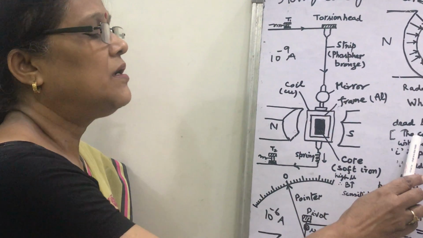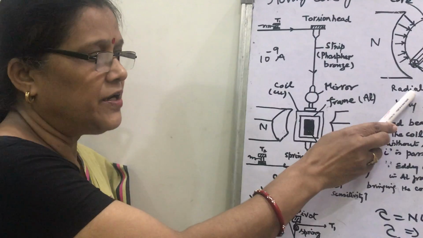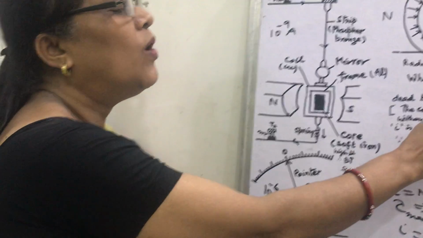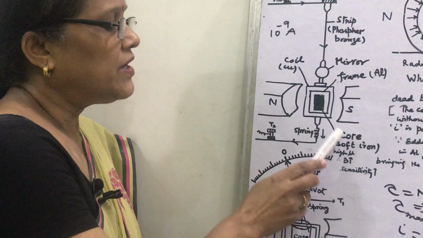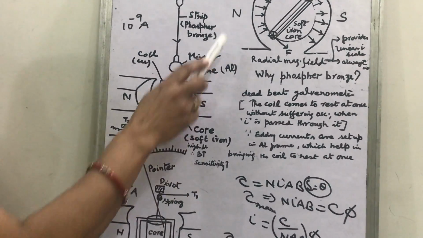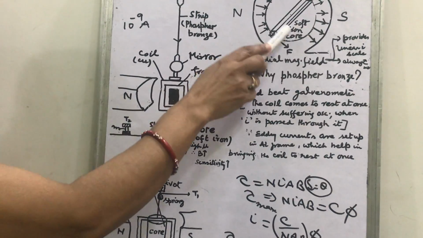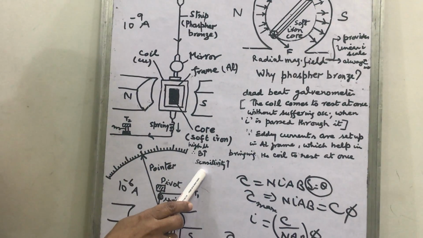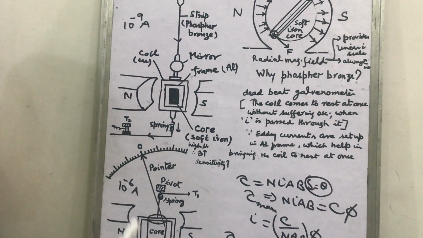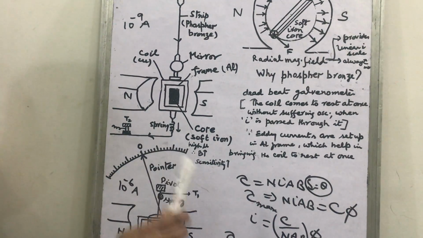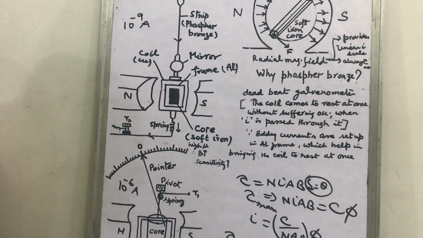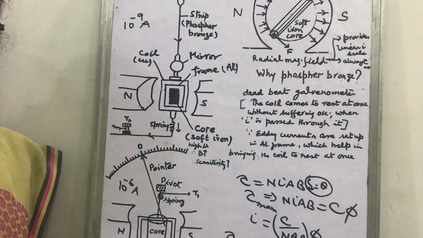So for the galvanometer, I have written all the things: why the radial magnetic field, it provides a linear current scale and always maximum torque. Why the soft iron core? Because of high permeability, more and more concentration of magnetic lines of force through the region, and it increases the uniform magnetic field and sensitivity also. Why the concave cut magnet? I have written. So you should know these points. Now we have discussed what a deadbeat galvanometer is and why the aluminium frame is taken. Today we will discuss galvanometer, some more facts.